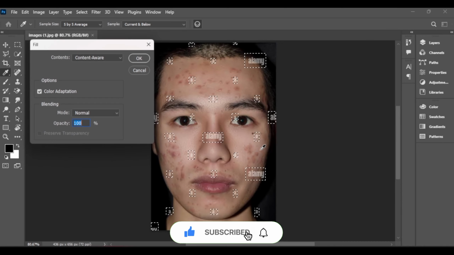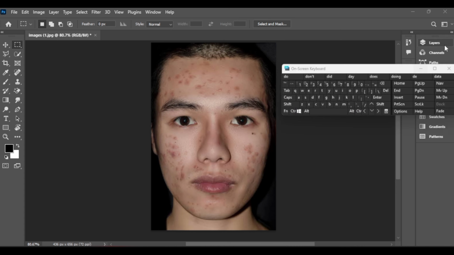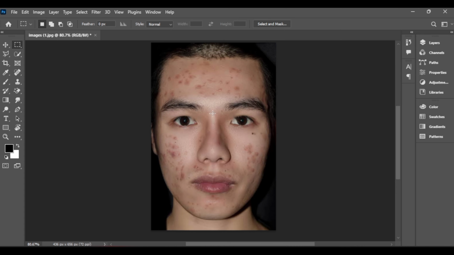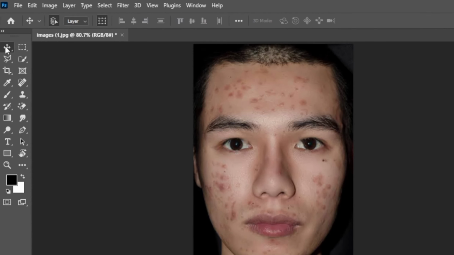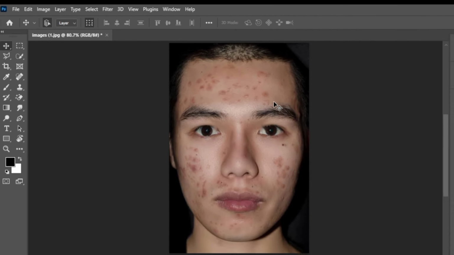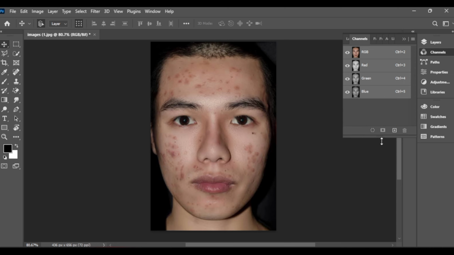After that, press Ctrl+D on the keyboard. So we can see that the text in the picture is clear now. Next, select the Move tool, then Window, Channels, create a duplicate layer,